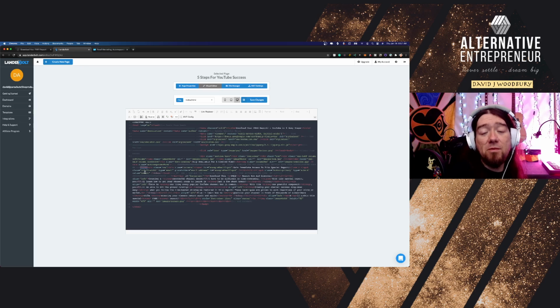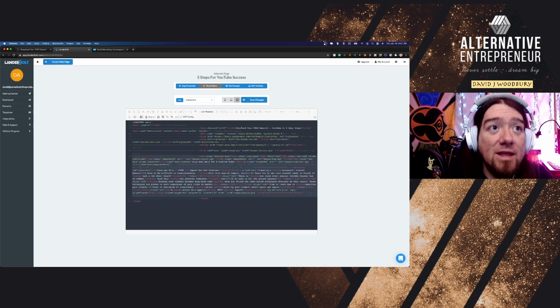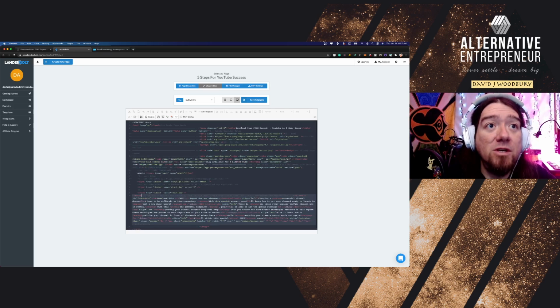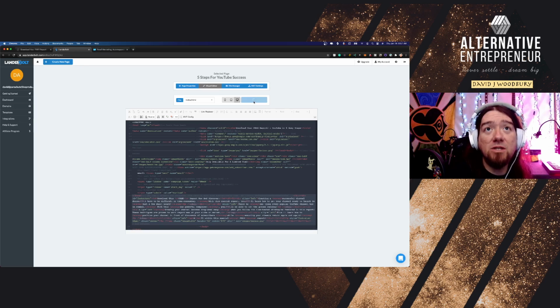You'll notice if you're familiar with HTML, anything that starts with a bracket like this, and it's just a single word inside there is usually the beginning. And you'll notice right down here where it says form again with this forward slash inside the brackets, that's the ending of the form. So what we want to do is just select everything to do with the form, delete that out of there, and then we just want to paste our form inside there. So we can just click save changes,